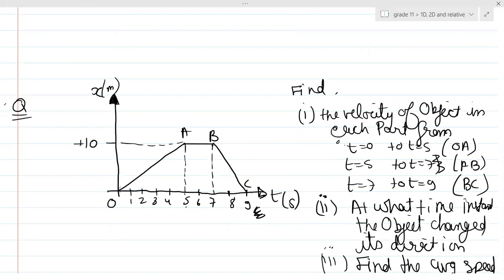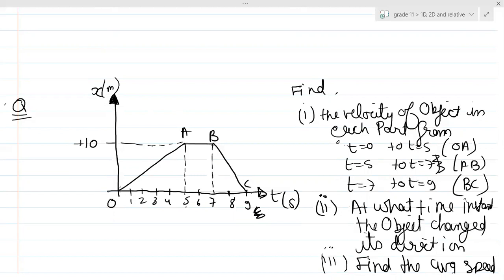So velocity is slope. Velocity is calculated by slope. Find out the slope in every part and give me the answer. Can you see the slope is pointing upwards and the line is going up in the first case? So I can just calculate the full time and the full distance, and then do it. That's it. So guys, the first case is velocity.